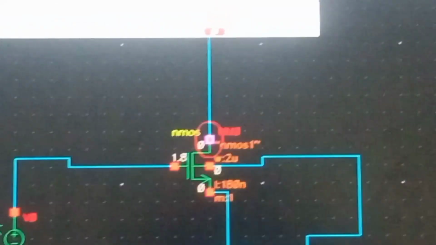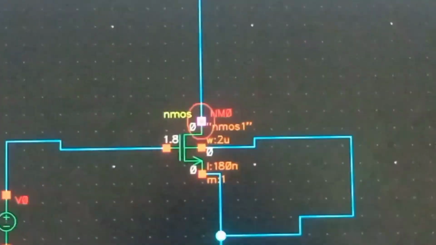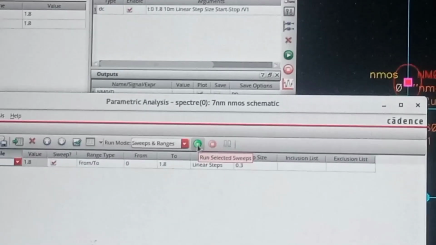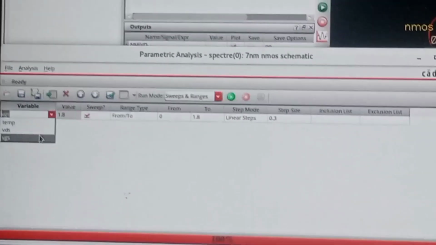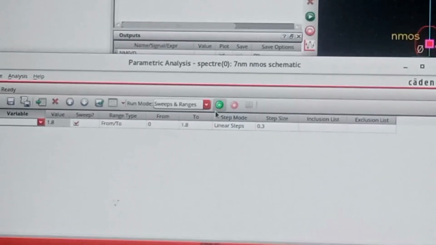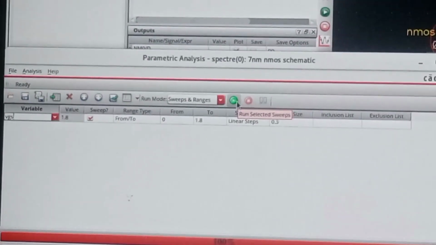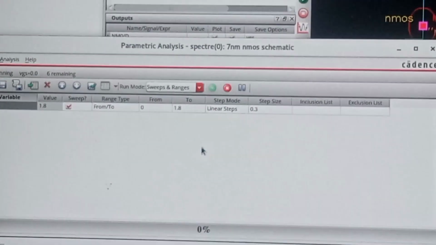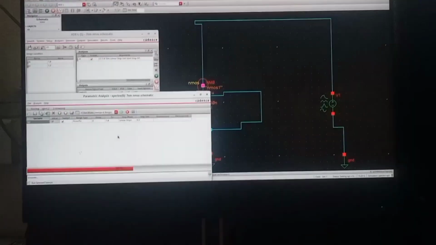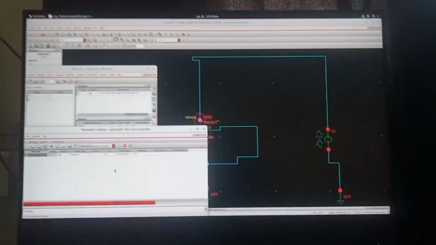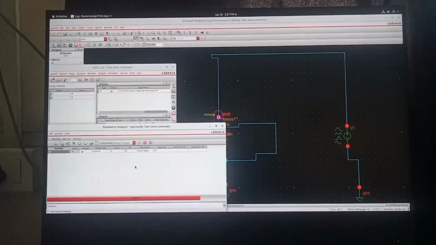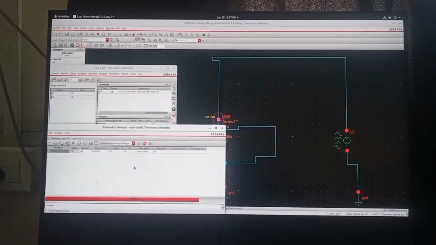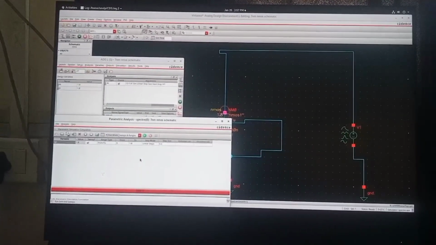Click the drain node, it will blink, and then move again to the tab. A circle will be shown when you click the OK button. Now move to tool, parameter analysis, and select the variable as VGS. Everything else is the same. Now press the green button.